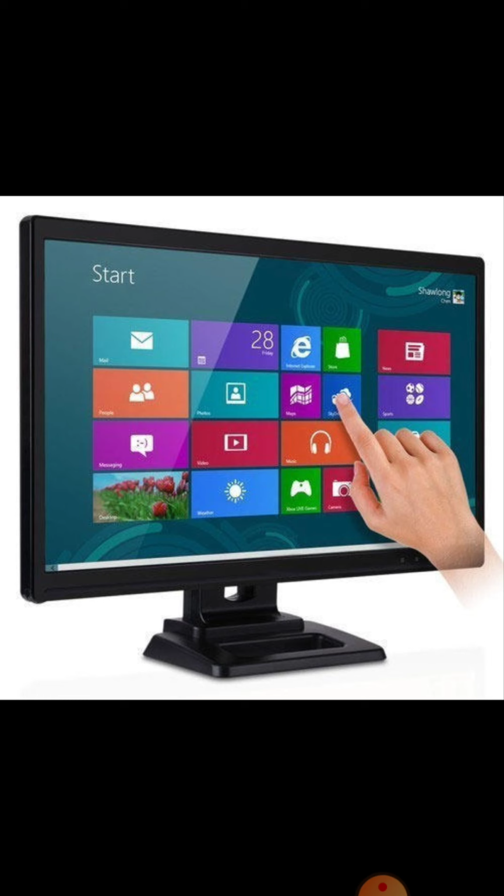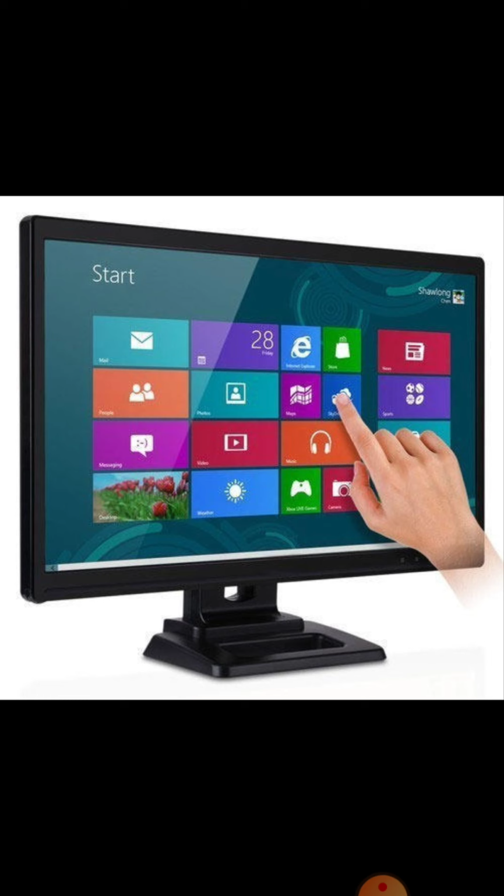The first is touch screen. What is a touch screen? As you already know that nowadays you are using smartphones at home, and you operate them with your touch. So a touch screen is a computer screen that is sensitive to the touch.